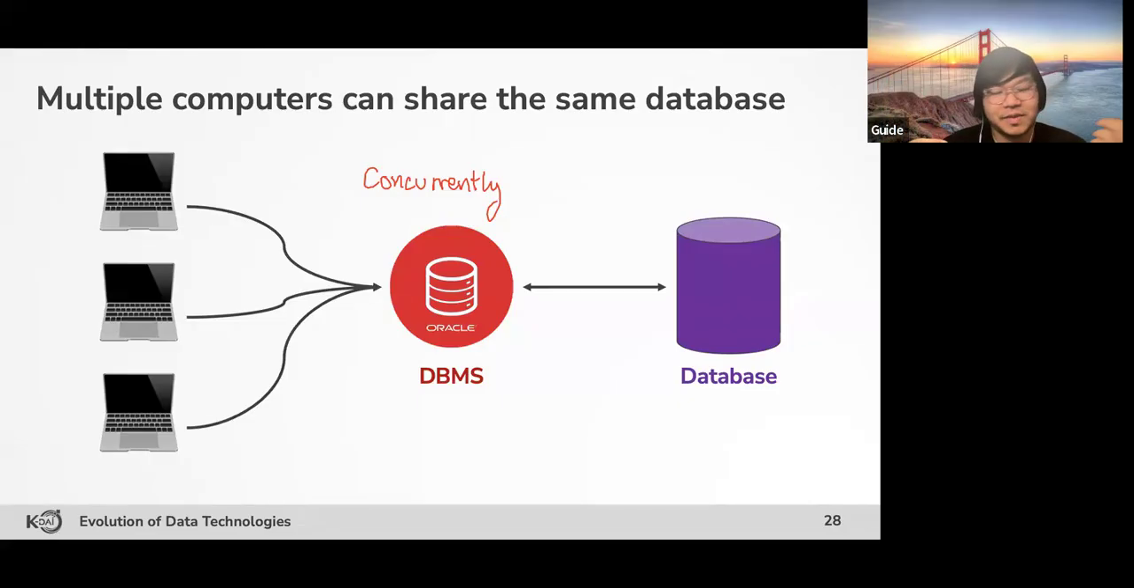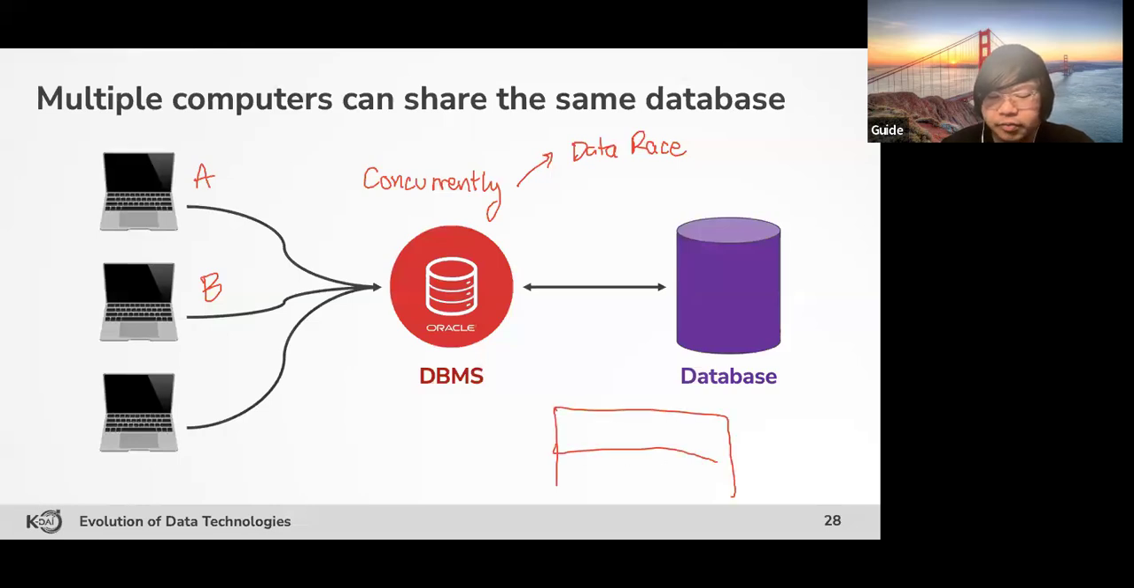Well, we're going to get to the problems of the data race, or race conditions. What do we mean by data race? Let's say computer A and computer B, in the database, are trying to access the same row. Let's say this row contains the balance